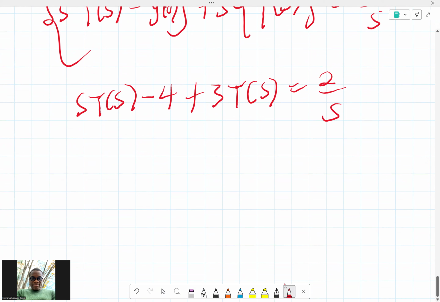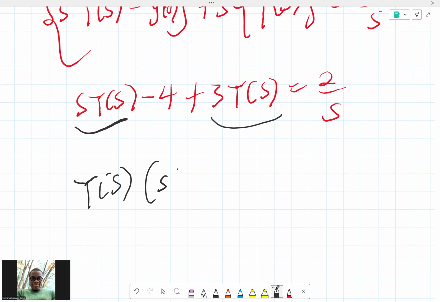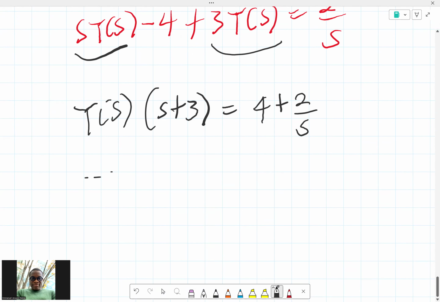So y of s is common here as usual. So we have y of s into s plus 3, and that is equal to 4 plus 2 over s. So we have y of s into s plus 3 equals LCM here is